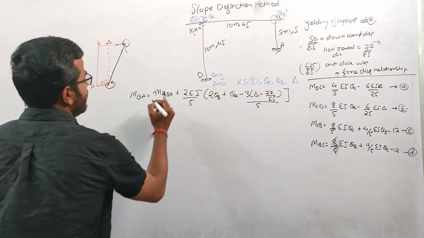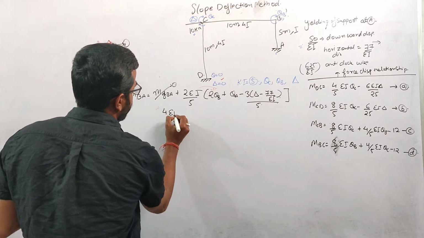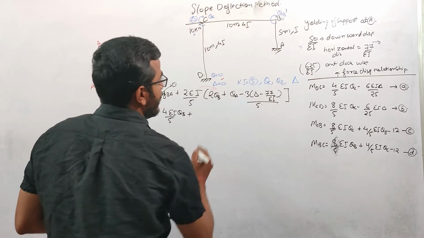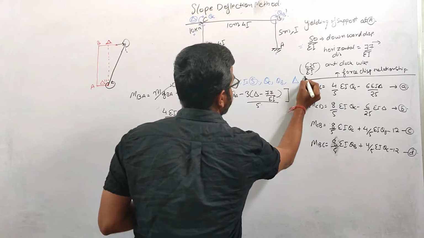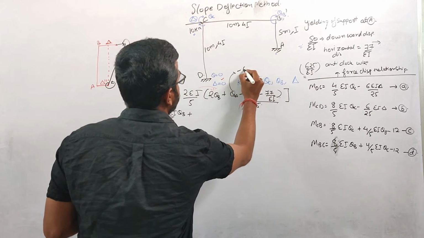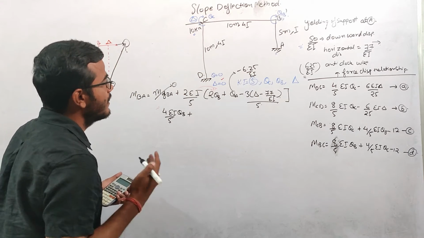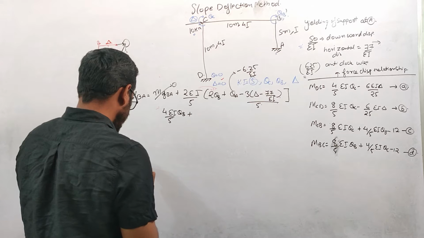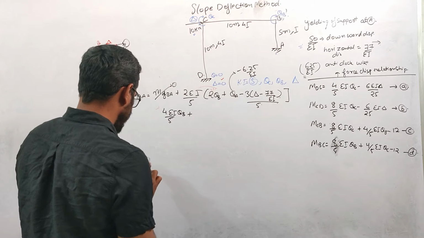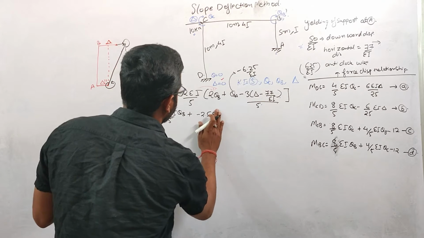So if you solve this equation, this MFBA is 0, right? So I can write this as 4EI theta B over 5 plus at this theta A. At theta A we are getting this value of 6.25 over EI, and this is in anti-clockwise direction. So this value will be minus 6.25 over EI, right? Why negative sign? Because anti-clockwise direction we are assuming negative. So 6.25 into 2 divided by 5 will give us the value minus 2.5 over EI.